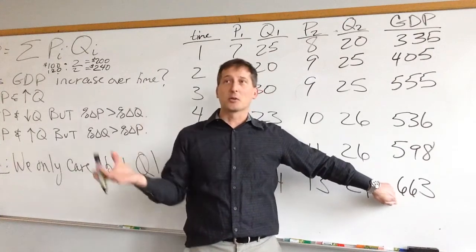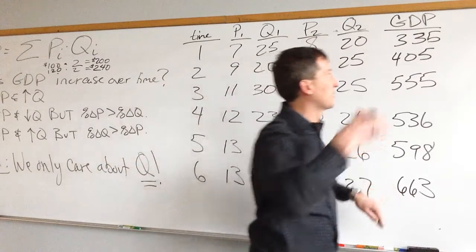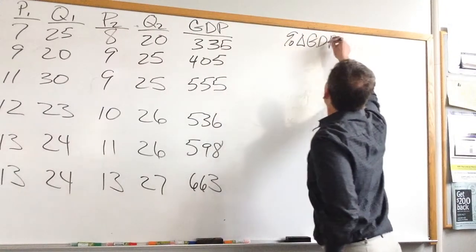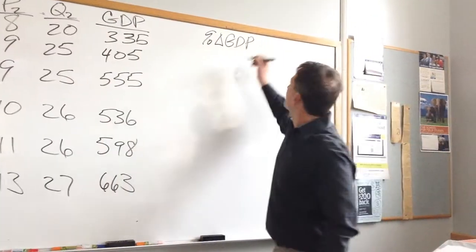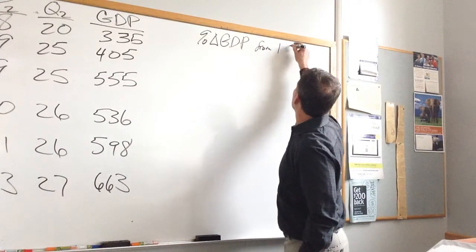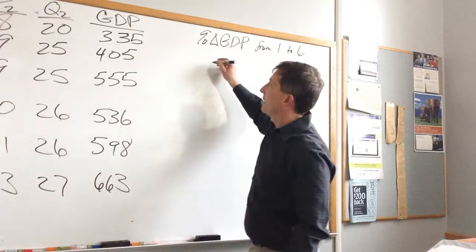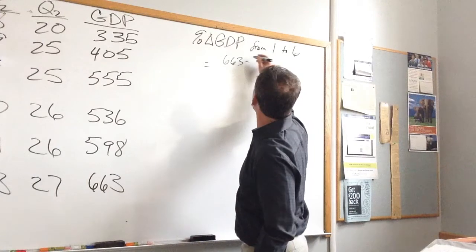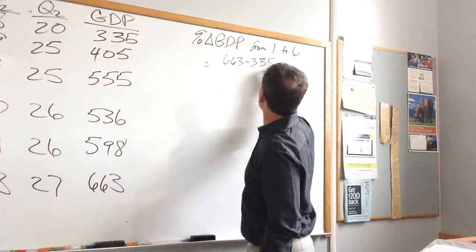Year 6 minus year 1. Need a little more than that if we think about growth rates. So from 1 to 6 equals, what do we got? 663 minus 335 divided by